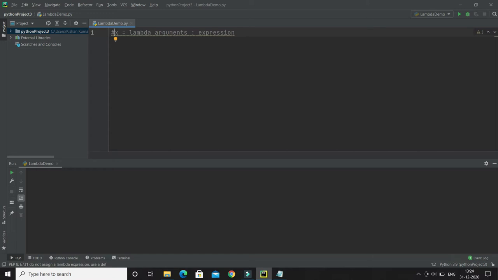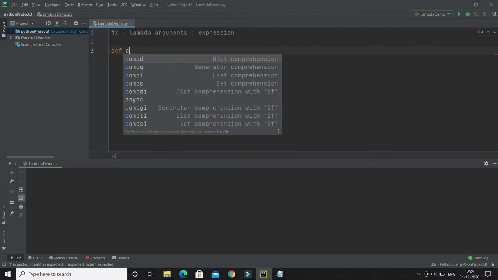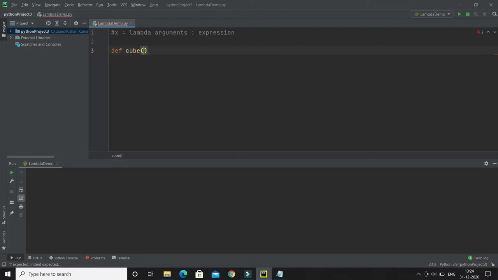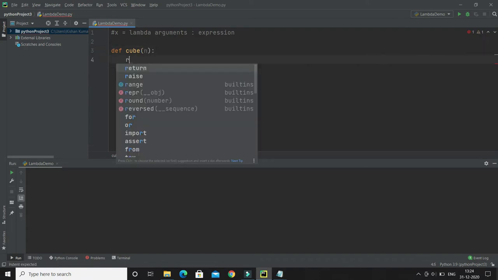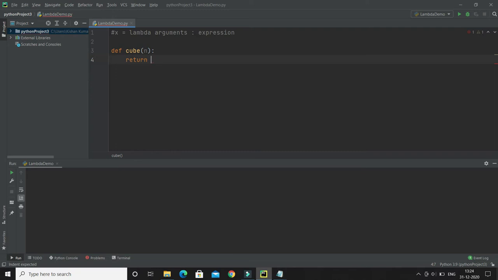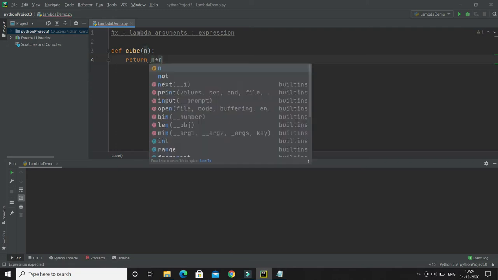But before proceeding to how to write a lambda expression, let me write a function, and after that we will write a lambda expression for the same function. How we define a function, we have already talked about in the previous video tutorial. To define a function, first of all you have to give the def keyword, and here I'm going to write a function called cube, which takes one argument, right? As you can see from the name, this returns a cube of a number, n into n into n.